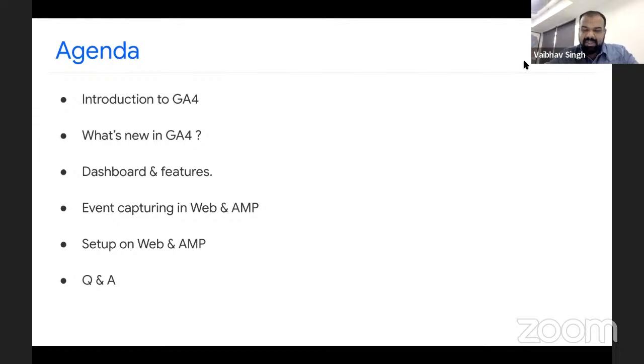Implementation on normal web is pretty simple. The new tag which we get can be controlled by a tag manager, but in AMP it becomes very crucial. And since the majority of the traffic which publishers are now getting is on AMP, it becomes absolutely necessary for us to capture the events on AMP and capture the new users which are specifically coming to AMP pages via searches. Next, we are going to go ahead with the setup, how we could do an easy setup on normal web pages and AMP pages. And at the end, we will have some time for question analysis.